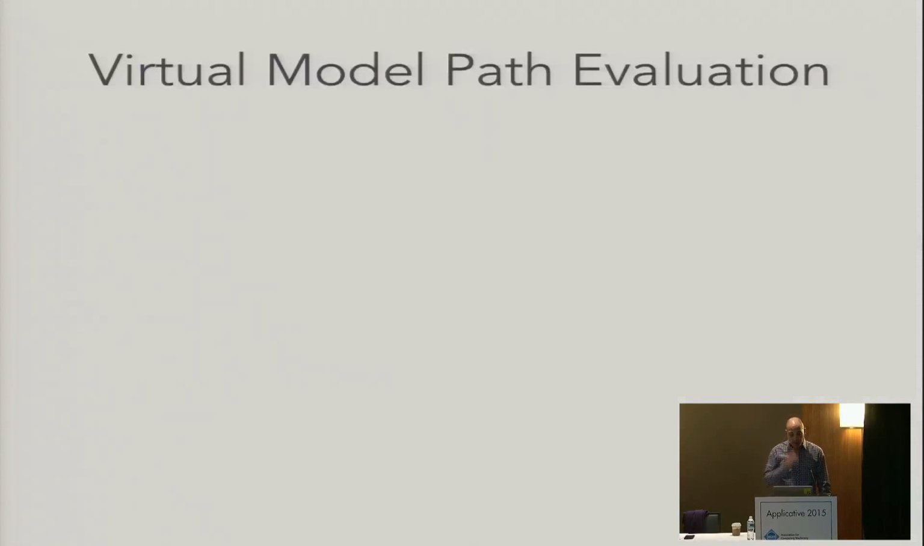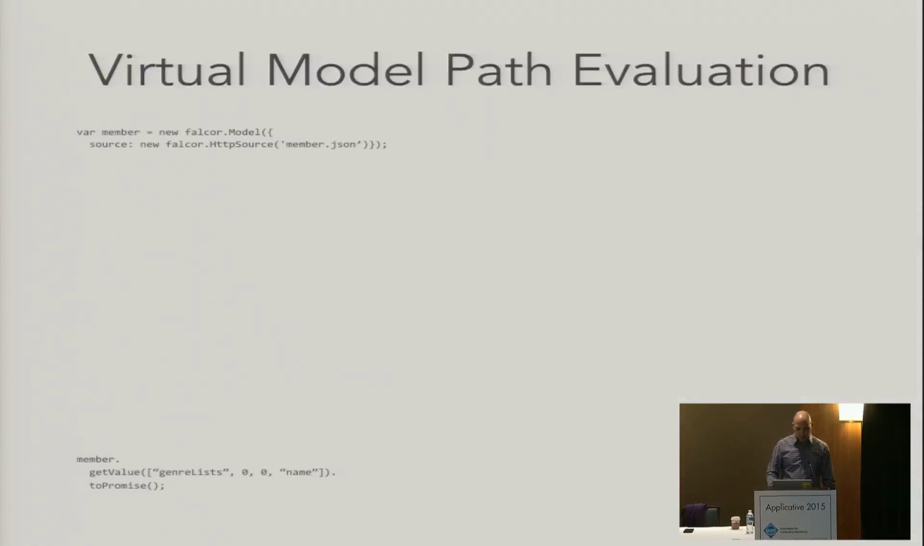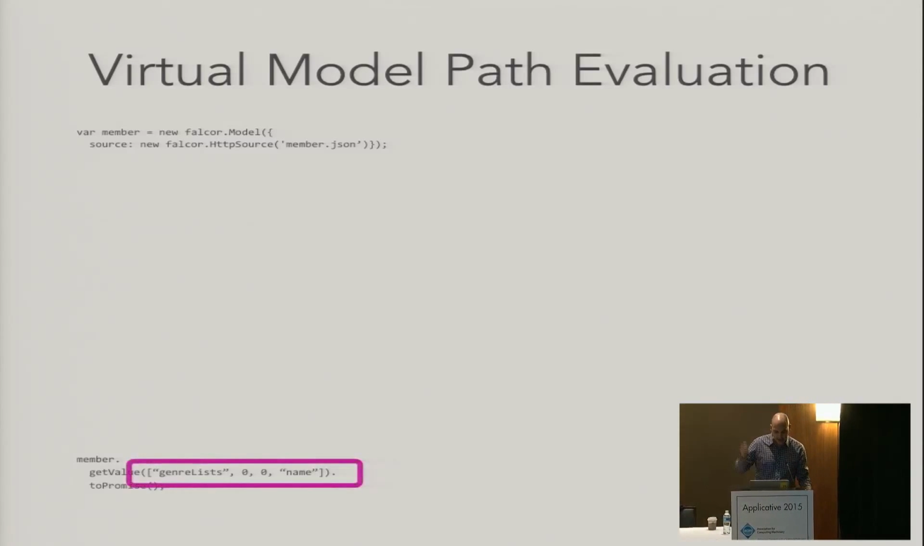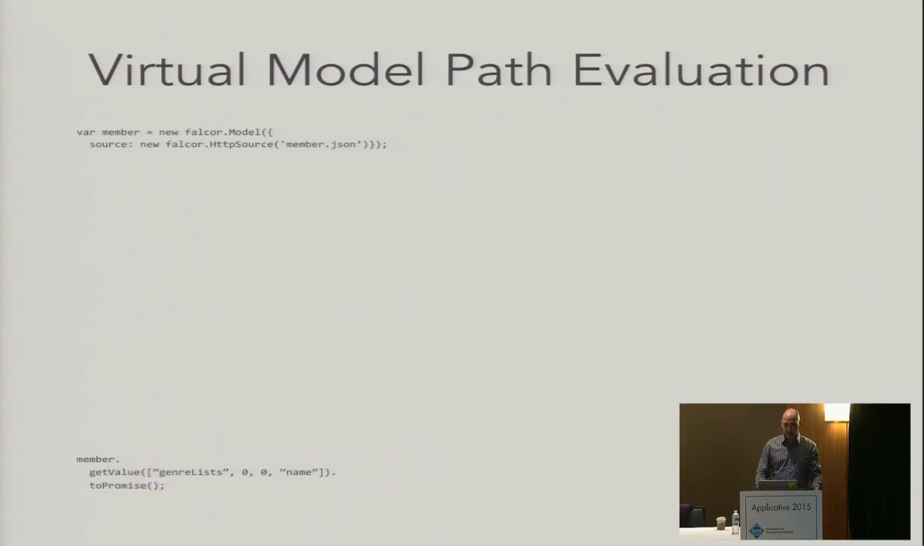So virtual model path evaluation works like this. Let's start off with our simple model. This is on the client, right? All I'm doing here is creating that proxy model. I'm on the client. I've referenced my JSON graph out there in the sky. And I'm requesting a simple path, which is the name of the first title in the first genre list that we've recommended to you. So what happens when we get to the server